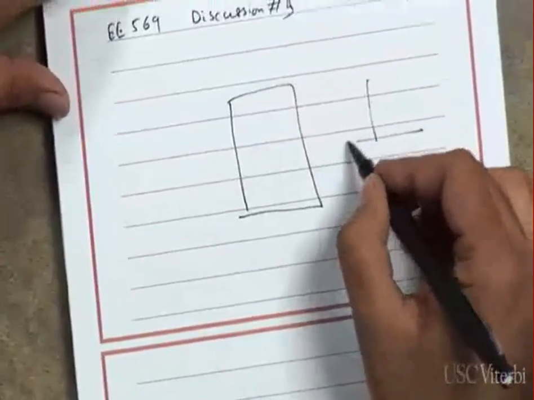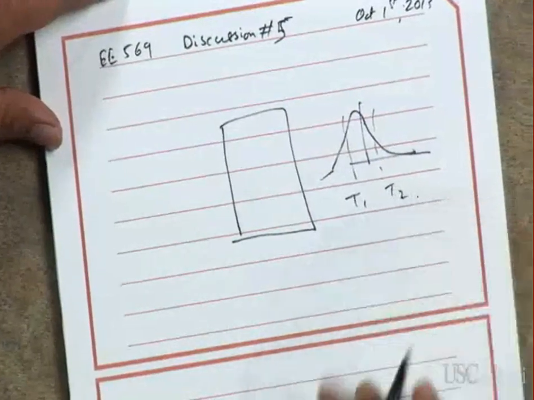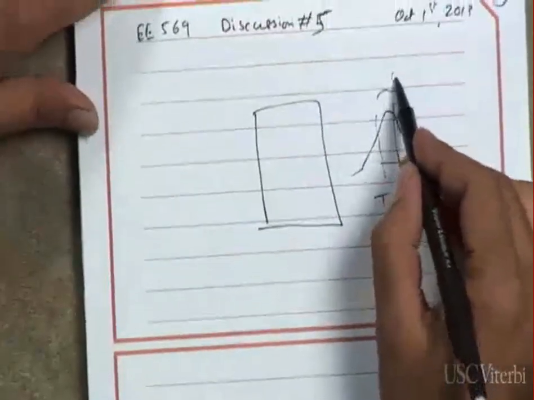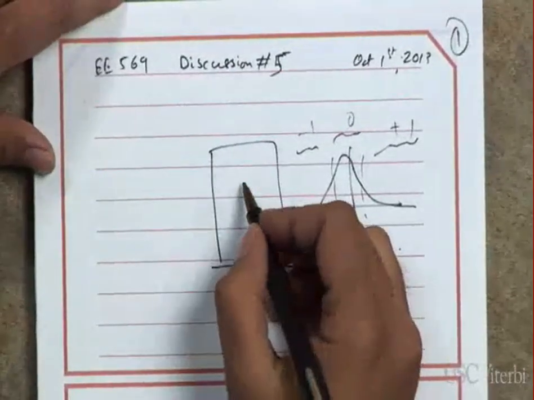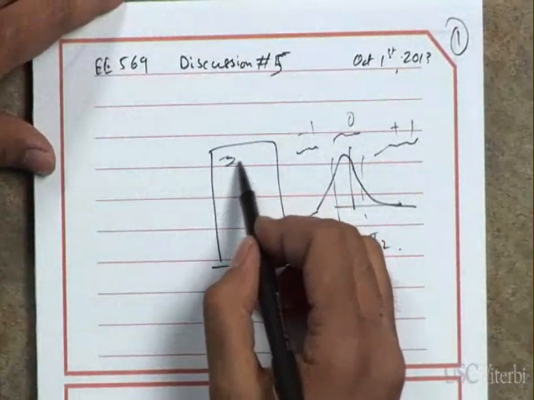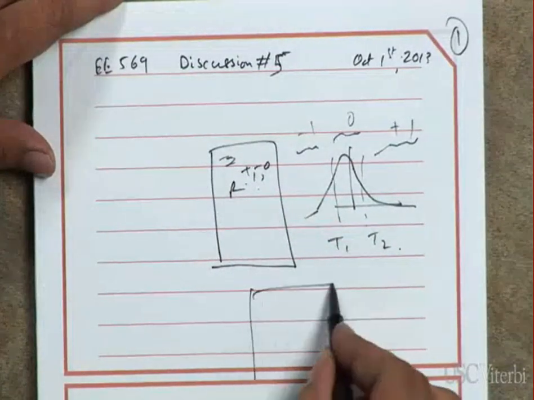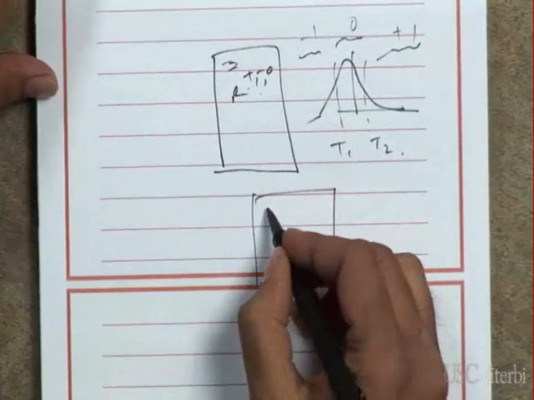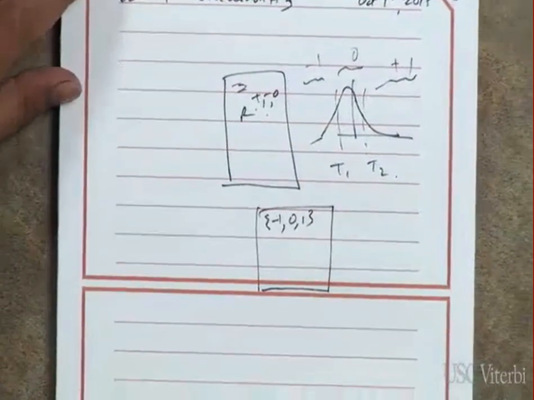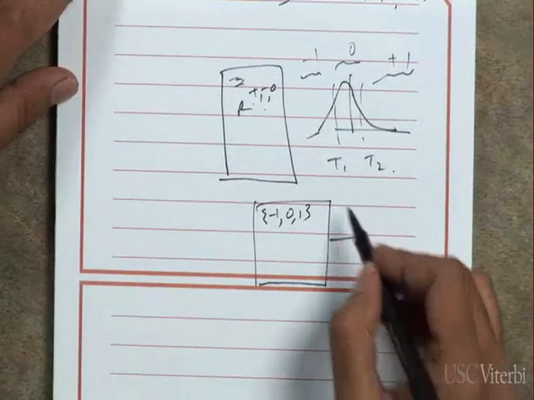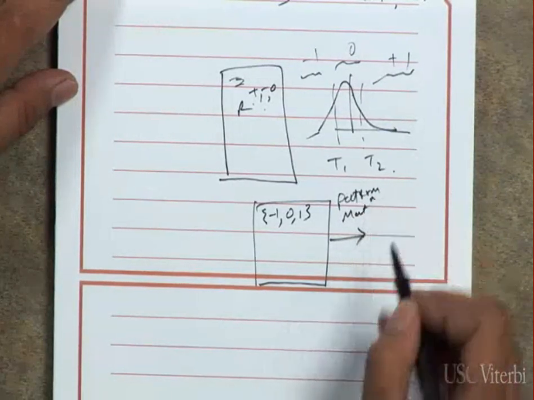once you have obtained, suppose you're not using the symmetric one, you're using T1 and T2. So you obtain the 0 region, and this is your gradient map. This will have real number values. When you apply the threshold, you'll get the result. So finally, you do pattern matching or use a mask